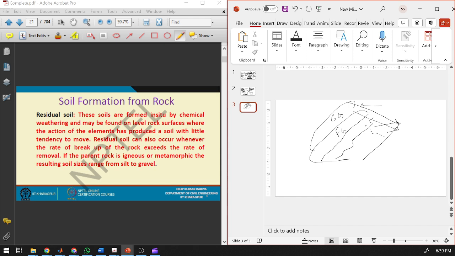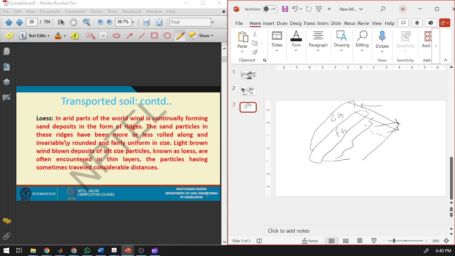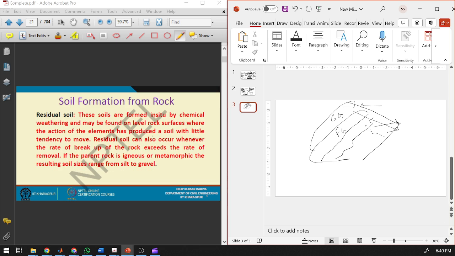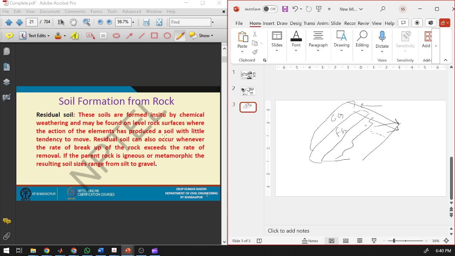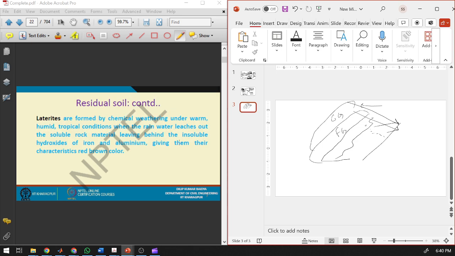Okay. So transported soils are loess, that are transported due to air. Again, you will see a gradation in these. Residual soils are those that are left behind at the same place at the parent material, and laterites are soils in which you see leaching of minerals from the top to bottom. So some chemicals will be absent from these soils. Okay,